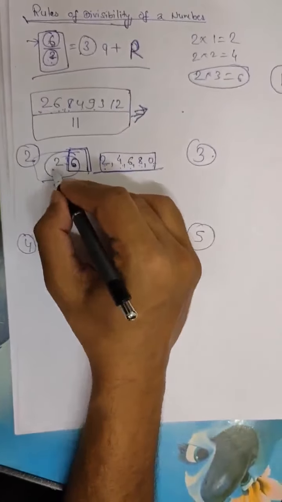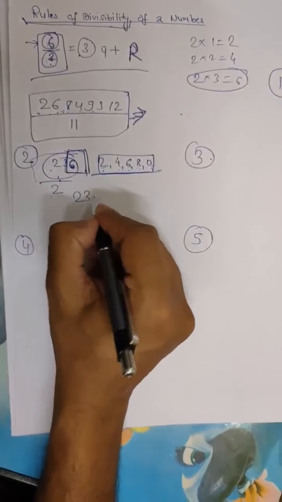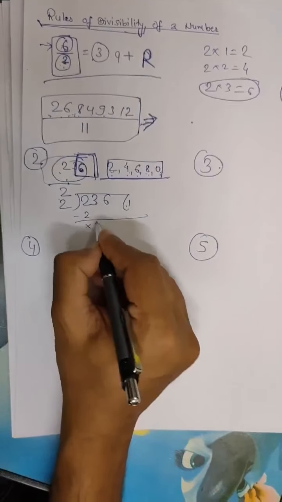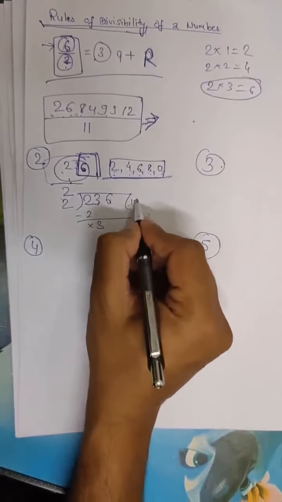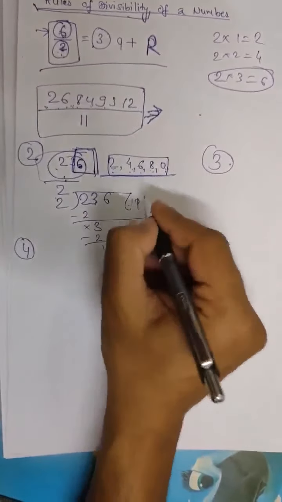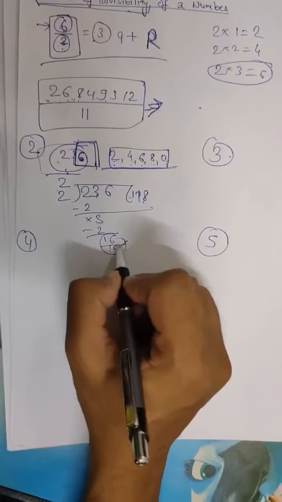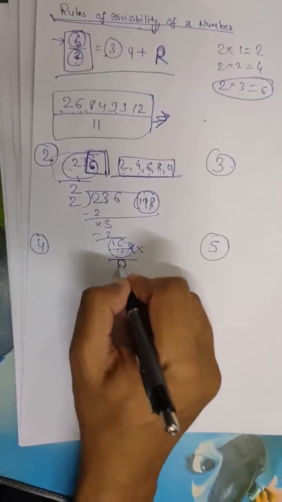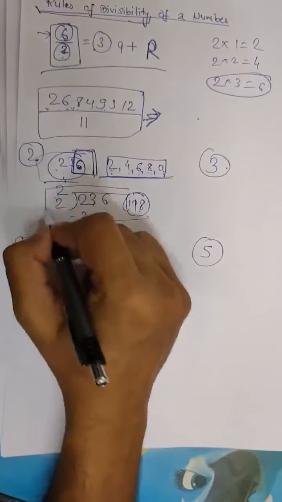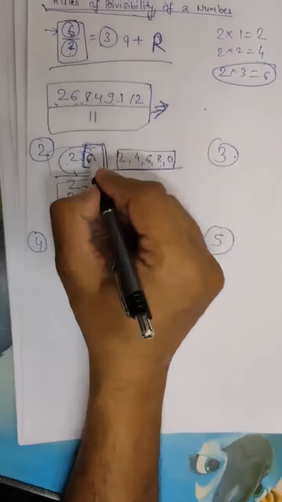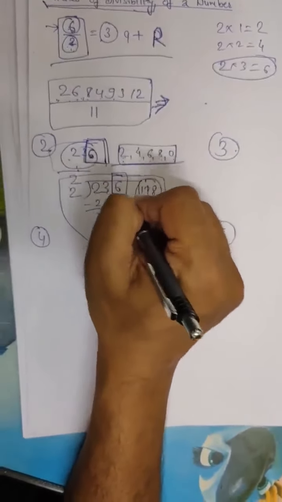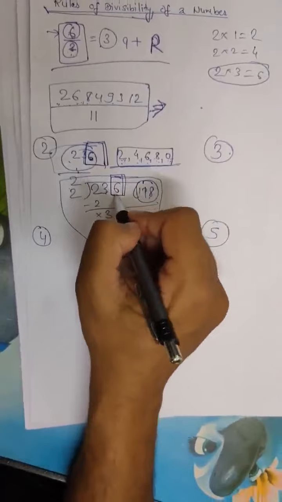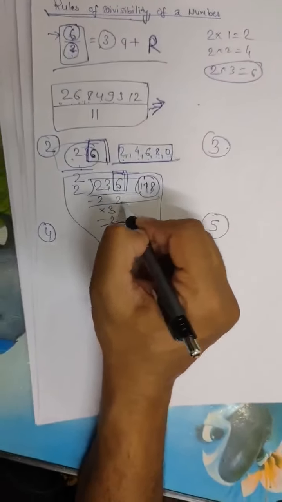I'll show you this example. 236, if I divide it by 2: 2 times 1 is 2, cancel out; 3, 2 ones are 2, cancels out, 1; 6, and 2 eights are 16, so it cancels out. So it is totally divisible and we don't have any remainder. The remainder is 0, so it's divisible. But why go through this long method all the time? If we see the last digit is 6, it's an even digit, so this whole number will be divisible by 2.